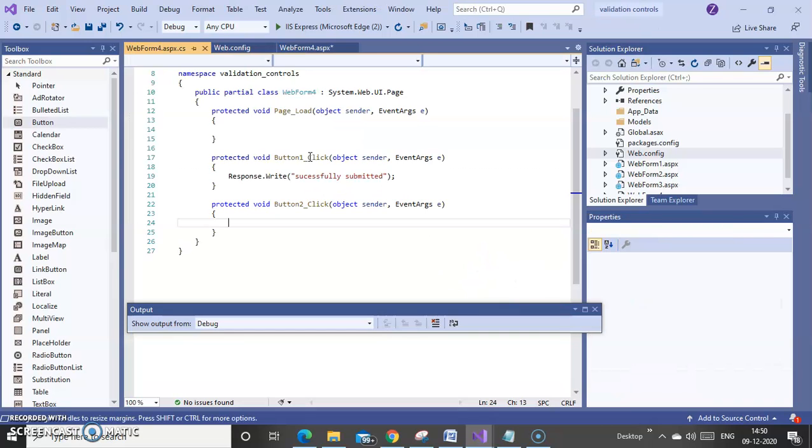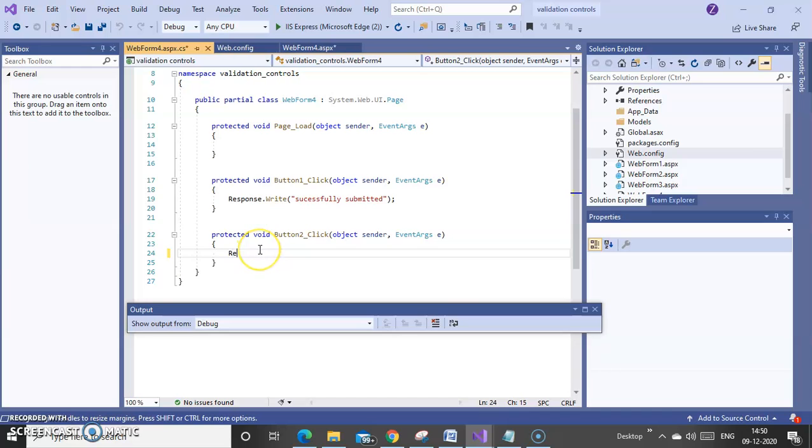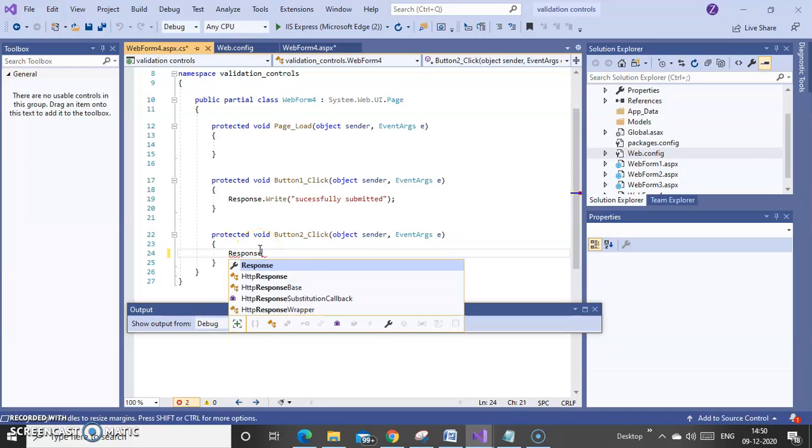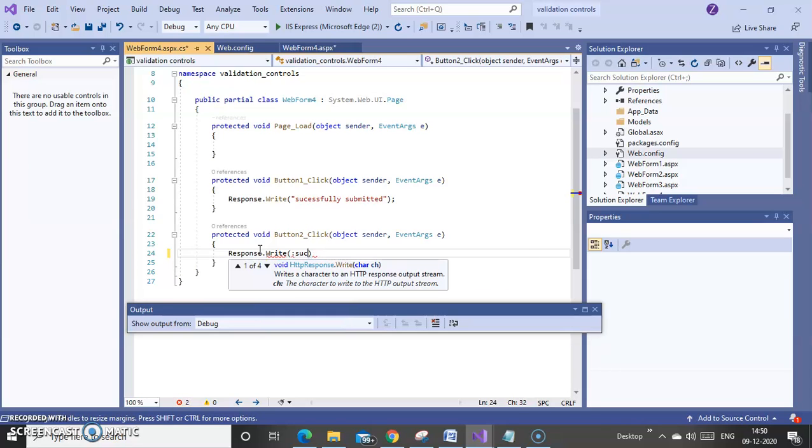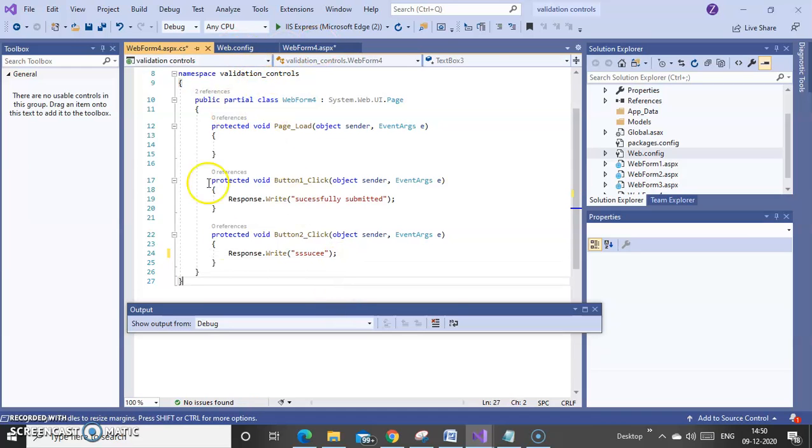Now double click that button and write one line of code. Response.Write equals success, within double quotes give success. Then semicolon. Okay, that's all. So I drag one button, and inside that button